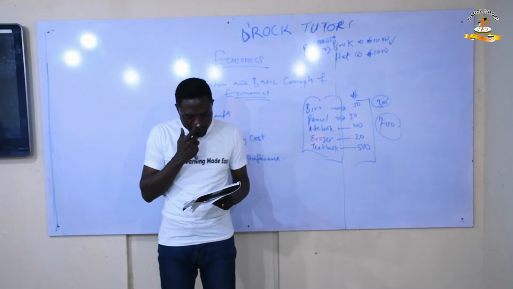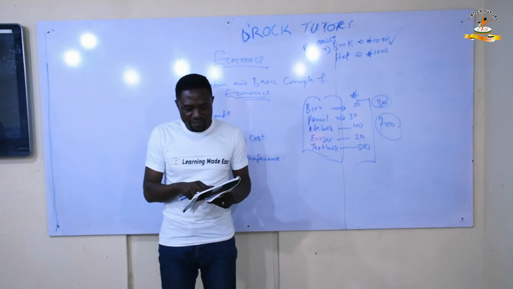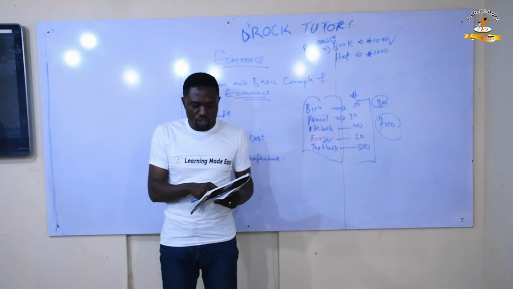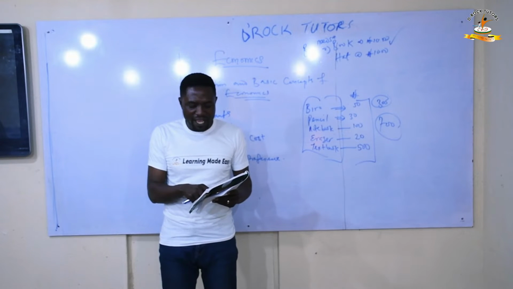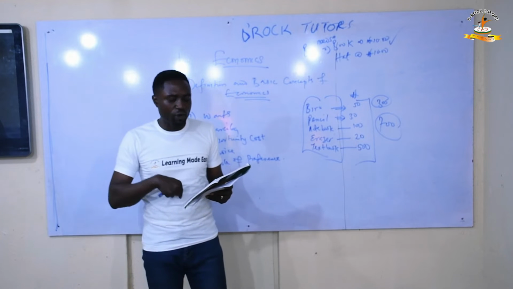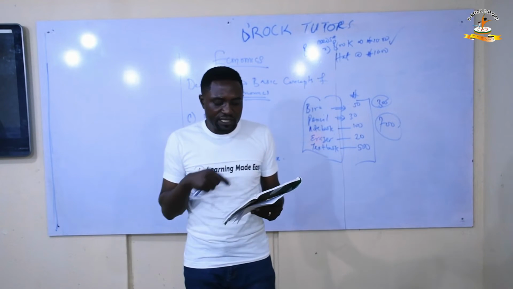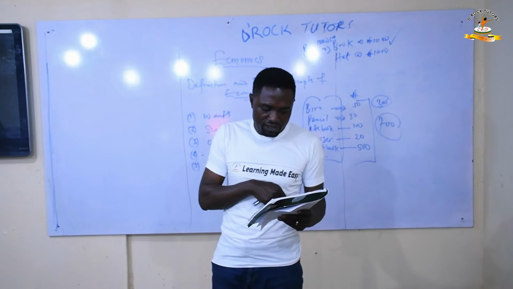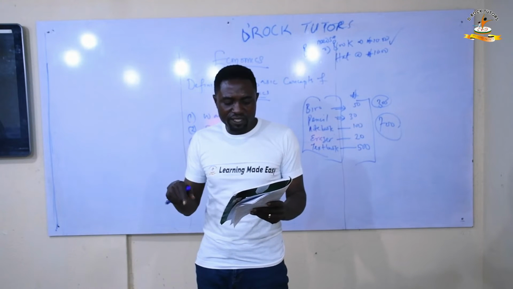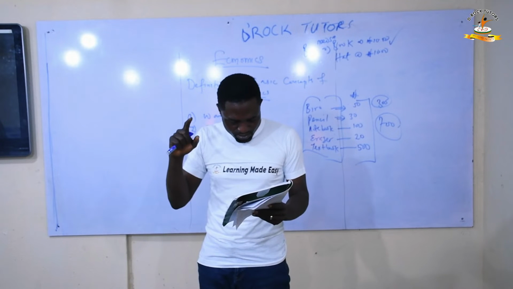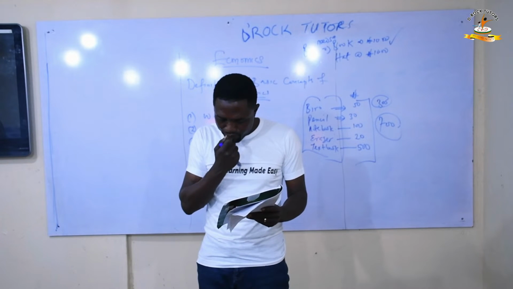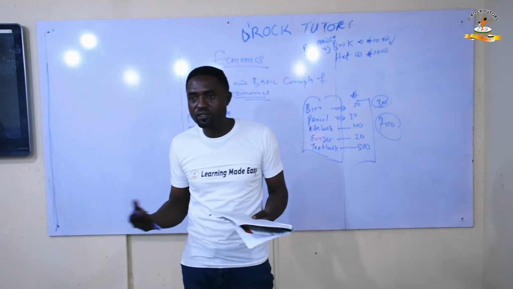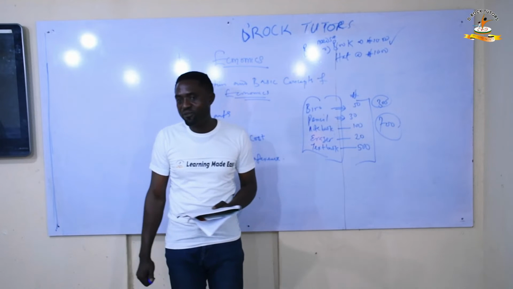The next question. The need to construct a scale of preference is necessitated by A. The need to satisfy your wants. B. Scarcity and the need for choice. C. Scarcity of resources. D. Non-availability of factors of production. B. That is scarcity and the need for choice. That is why there will be scale of preference.